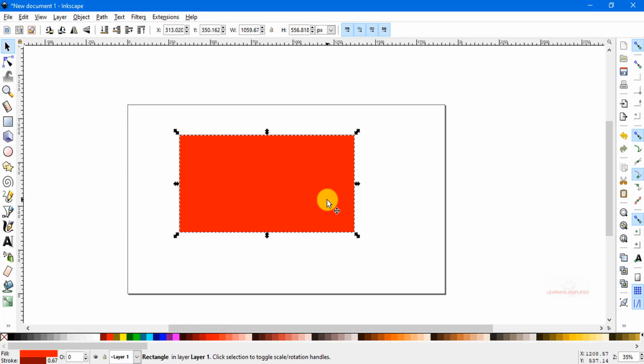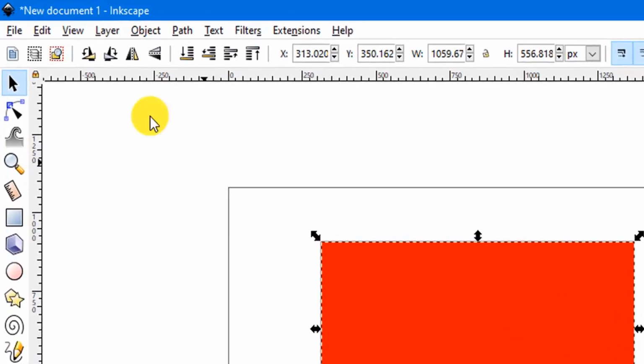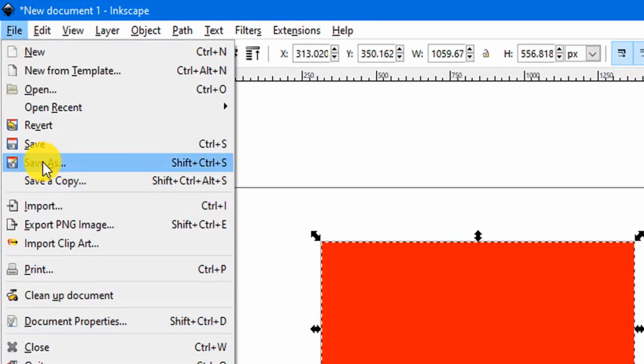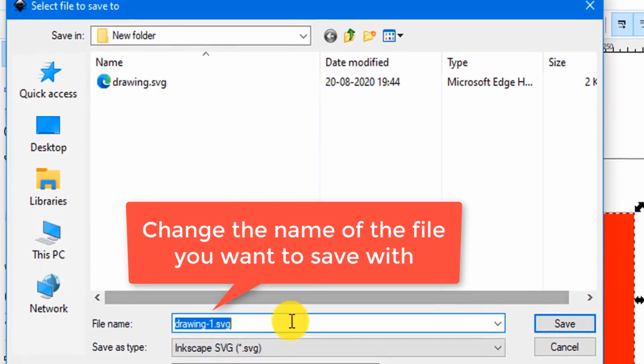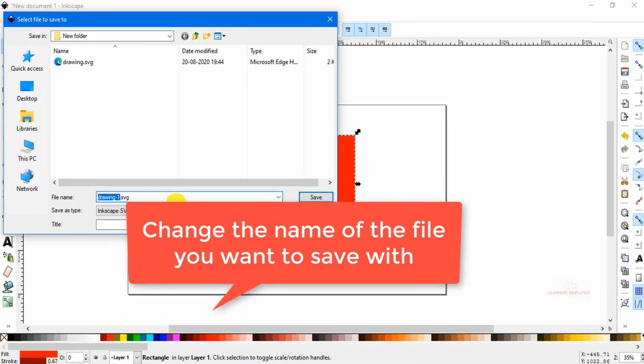We need to know how to save our document and in which format. So all we need to do, head back to file, then go to this save as, or you might click this save, then it will be saved in a default document of inkscape.svg actually. But we'll be heading back to this save as, and we can see that this is the name of the file that you may customize.